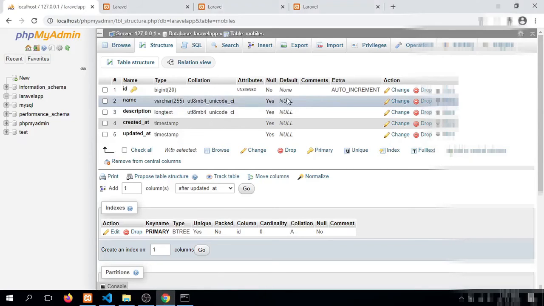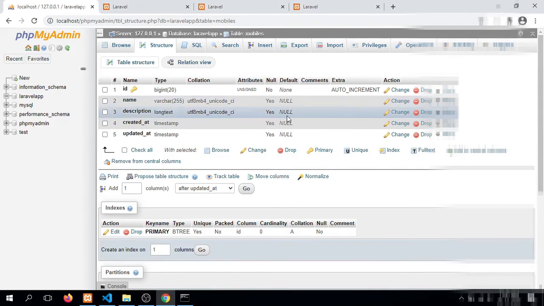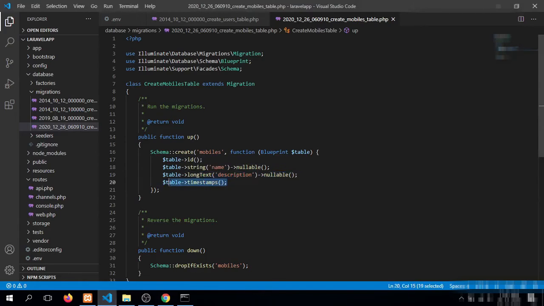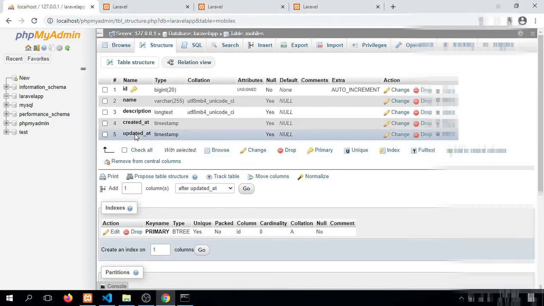So both of the fields are null. You can see that this statement has generated two more fields like created and updated at in our table.